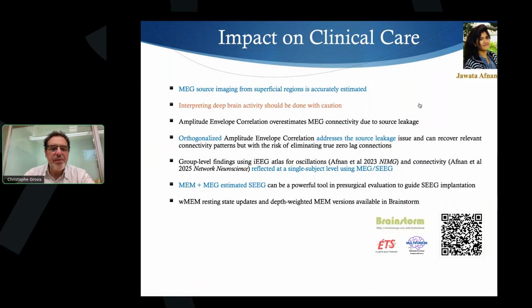And I would be more in favor of things like that than having more of a 3D grid where dipoles are allowed in any direction. I know it's a question of choice. Probably there are pros and cons in doing that. That's mainly what we have been doing, and we show that this is serious information that has been taken into account, and you can also use model comparison to show that when the anatomy of the subject is taken into account, there is information that the model is using. So I think it is important.